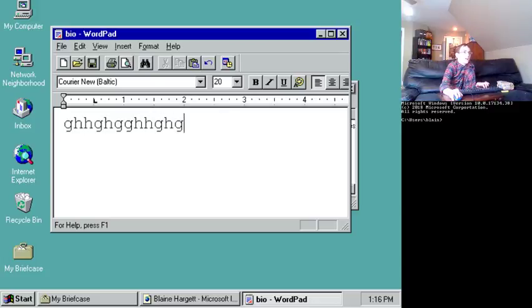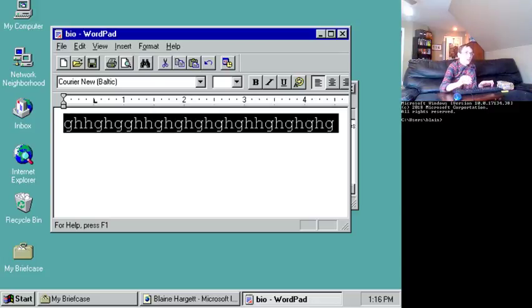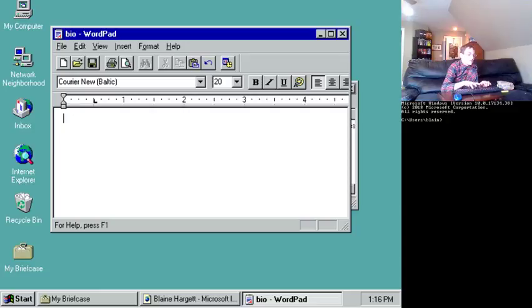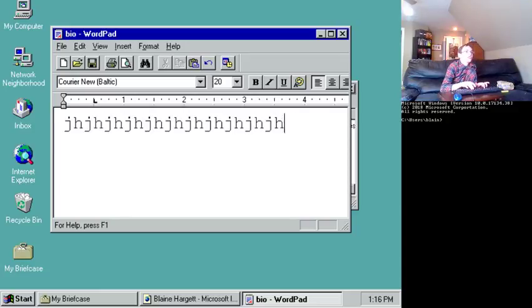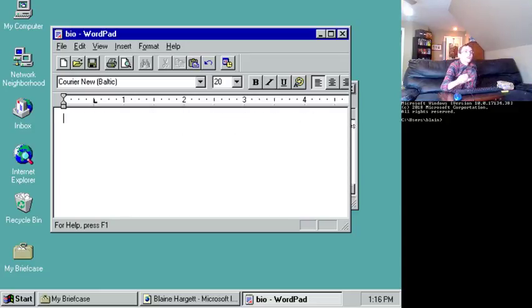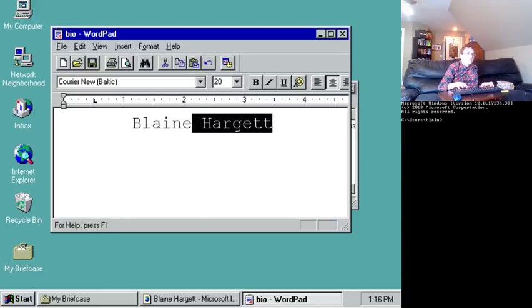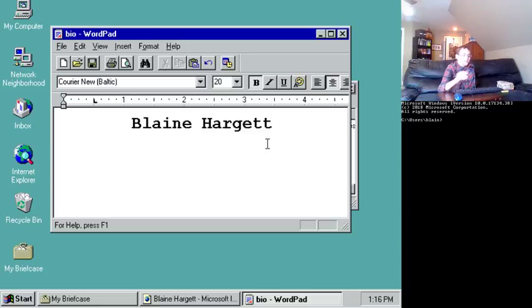Okay, sorry. Center and blame target. I can't select the whole word. That's so annoying. Okay, blame target, and then we'll put below that